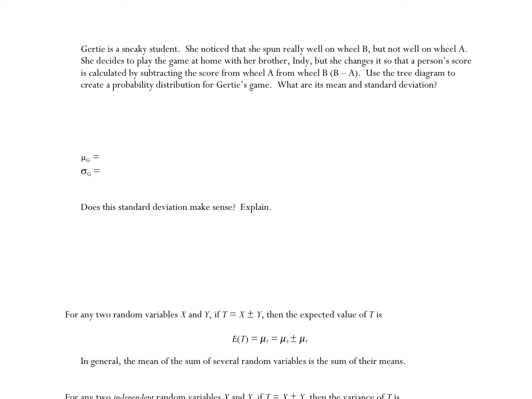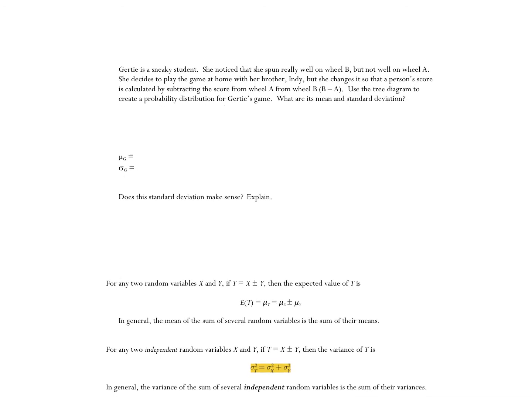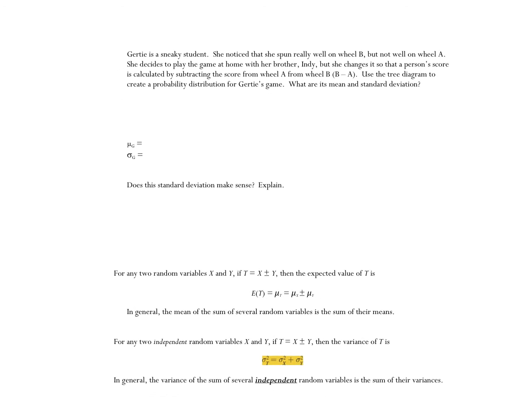She decided that they should subtract their scores instead of add scores. So now we're going to call this new distribution G. Everybody with me? And we look at distribution G, the rules for combining distributions. So we got 7.25 and 13. Does that standard deviation make sense? The answer is going to be yes, because